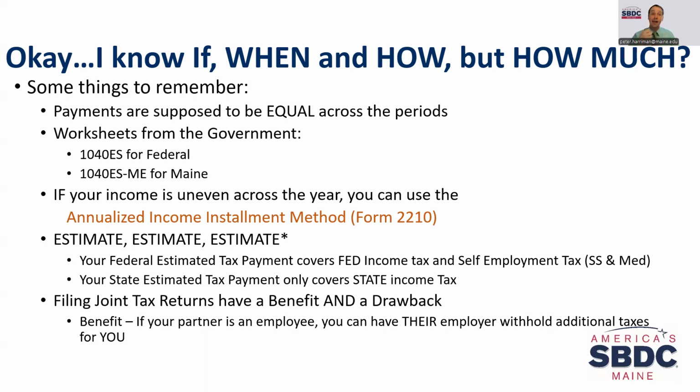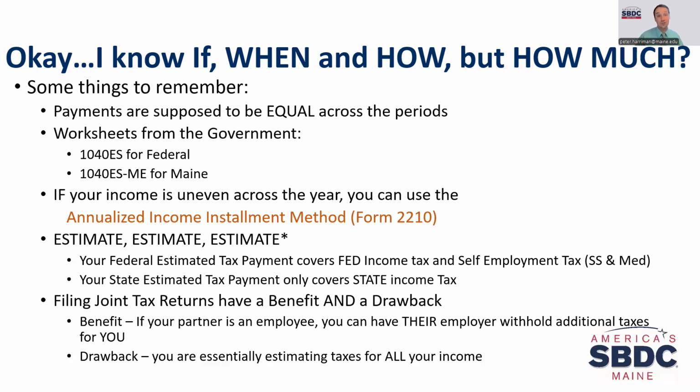And they can then, rather than doing a separate estimated tax payment, if they do enough withholdings in that employee's paycheck, bypass the estimated tax. Remember, it's an individual tax, so the IRS doesn't care how that tax gets paid as long as it gets paid, right? Now, the drawbacks for the joint filing is you're trying to estimate your tax on everything, and we're going to get into that in the next slide here, right?